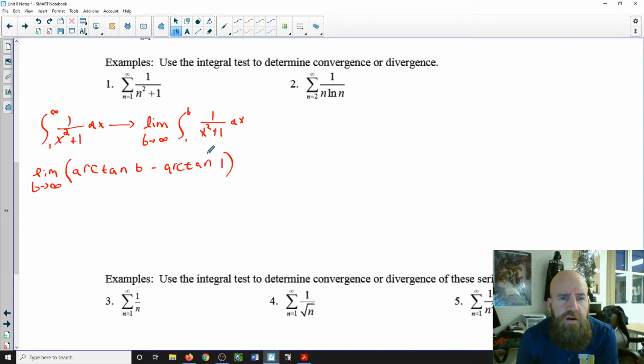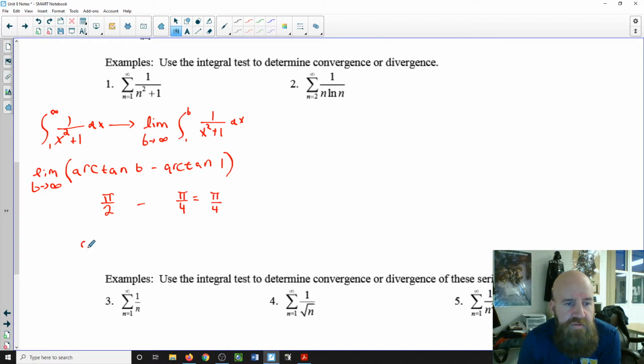So we know arctan, so inverse tangent of 1 would be pi over 4. So tangent of pi over 4 is 1. And then arctan to infinity, we know the limit for arctan to infinity. We need to think about that asymptote. And we have pi over 2. So pi over 2 minus pi over 4, we're going to get pi over 4,